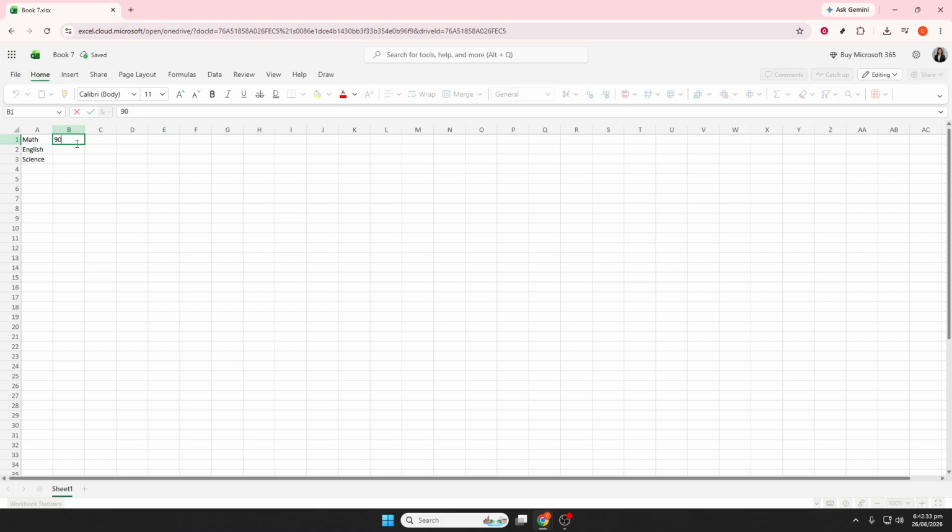In the selected cell, type equals AVERAGE, followed by the range of cells containing the marks in parentheses. If your marks are in B2 through B6, the formula would be =AVERAGE(B2